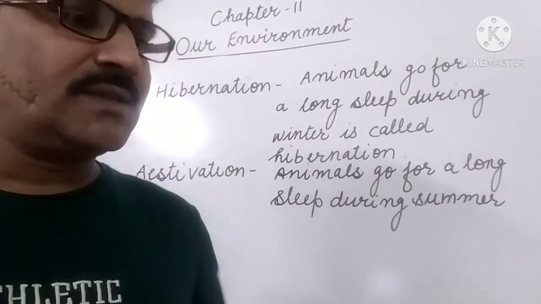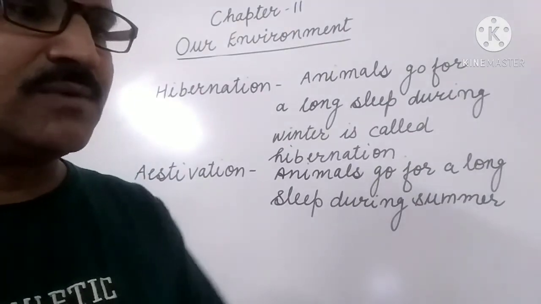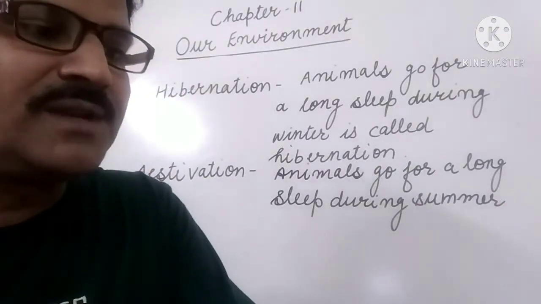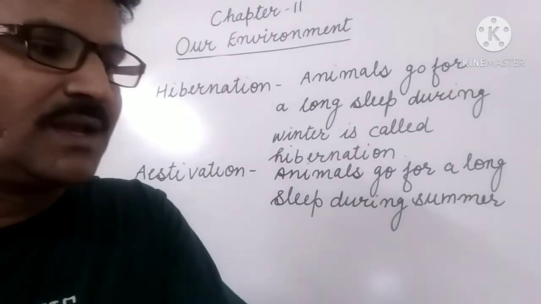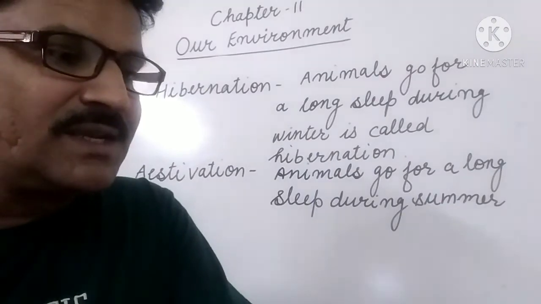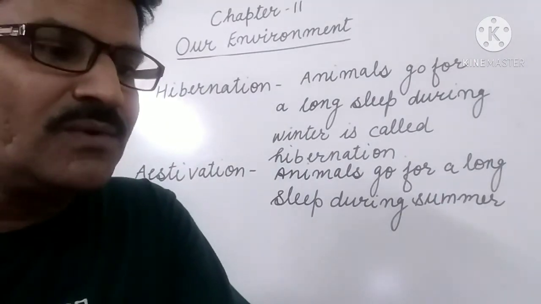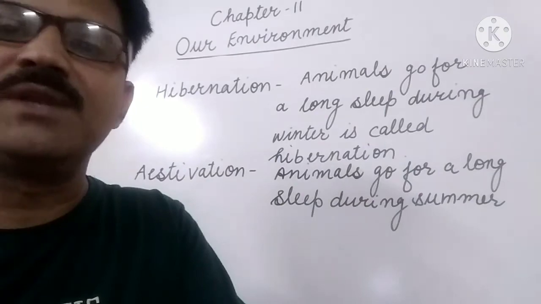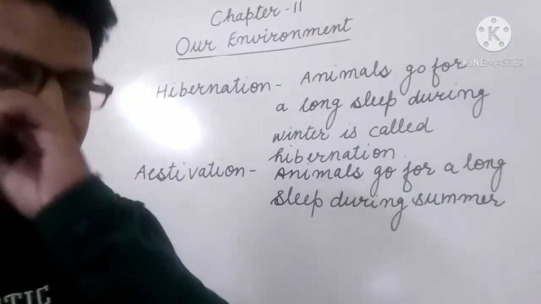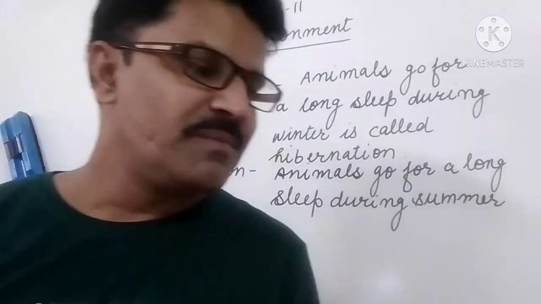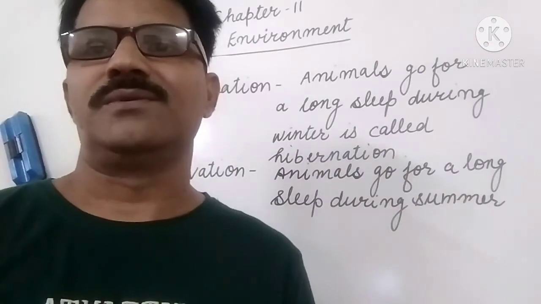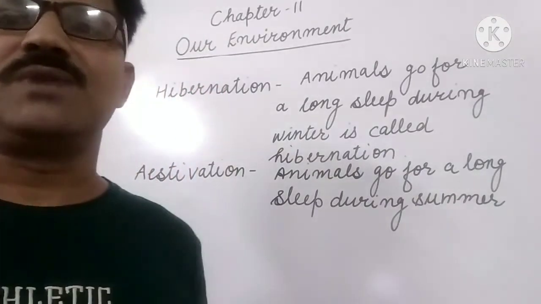Some animals like wood frogs, ground squirrels, hamsters, bats and bears hibernate through the winter. They go into a very deep sleep. These animals retreat to a den or a burrow, meaning they dig a cave to live in, for protection and shelter. During hibernation, body temperature and rate of breathing of animals drop, become very low. So this situation is known as hibernation.